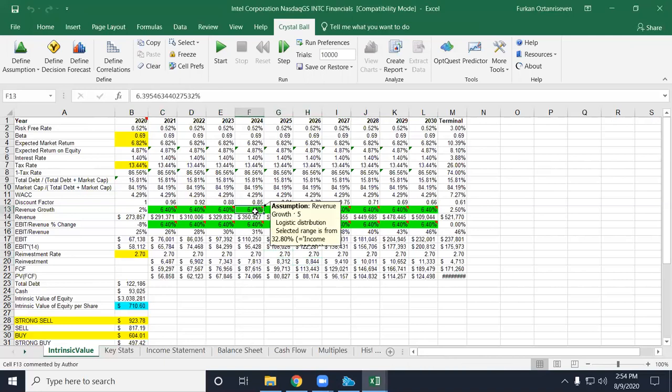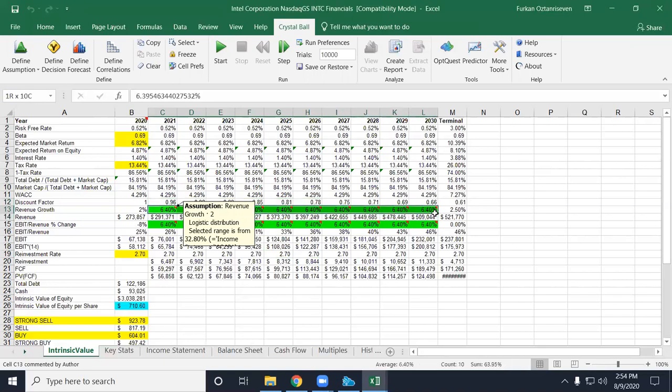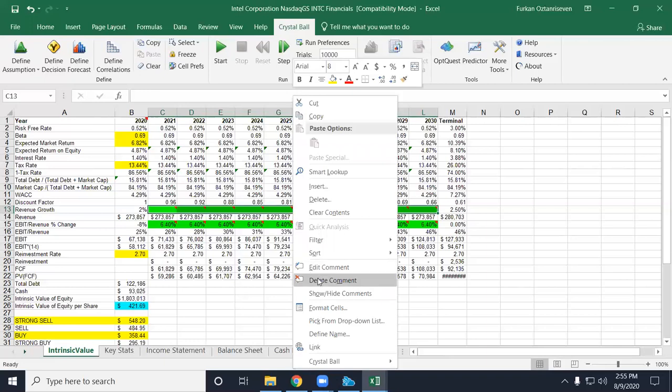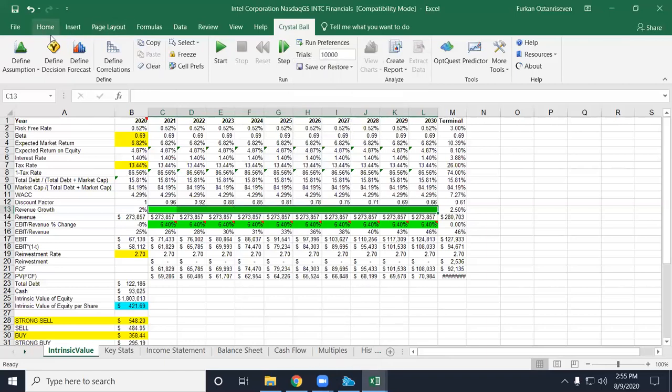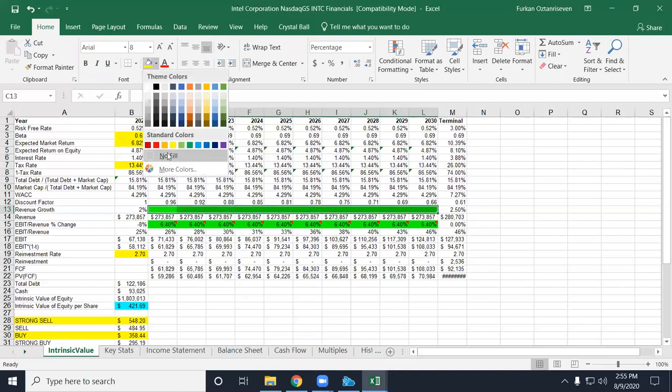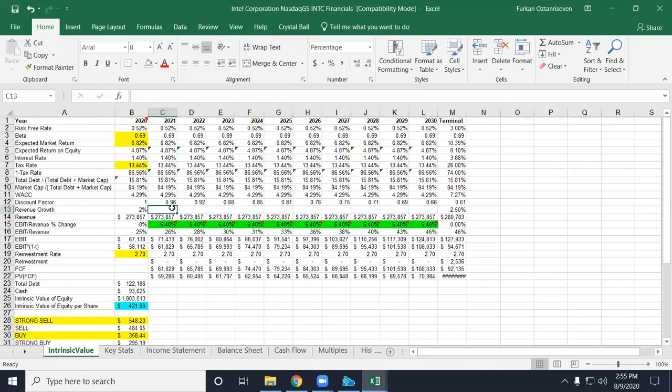Okay, so for whatever reason, I think I'm having a difficulty here. Let me just highlight this, press delete, right click, delete comments, and then under the home tab, make sure that it is no fill. And all right, so what I'm gonna do here is, this cell, find distribution, Crystal Ball,